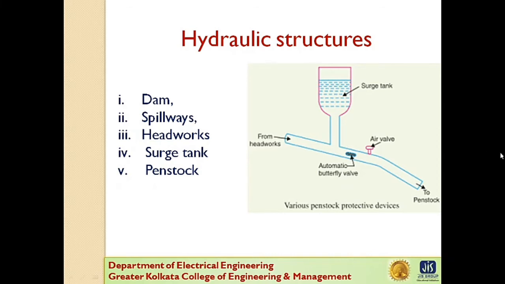Last one is the penstock. Now, penstocks are open or closed conduits which carry the water to the turbine. Here, a closed conduit penstock is used. They are generally made of reinforced concrete or steel. Concrete penstocks are suitable for low heads less than 30 meters, as greater pressure causes rapid deterioration of the concrete. The steel penstock can be designed for any head. The thickness of the penstock increases with the head or the working pressure.